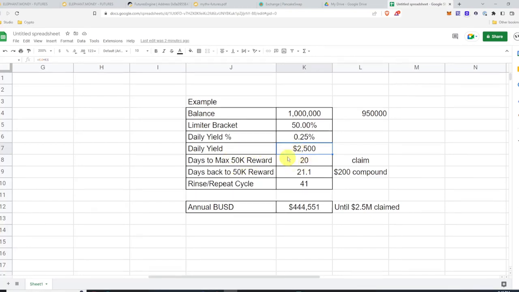So if you were to wait 20 days at $2,500 a day, you'll hit 50,000 reward, at which point you can claim. And as we discussed, whenever you claim, it drops your max balance. So the 50,000 that you pull out as a reward would come out of your 1 million balance, and you will then earn 0.25% a day of the remaining balance of 950,000. At which point the days back to another 50K reward would be 21.1 days because of the daily rate based